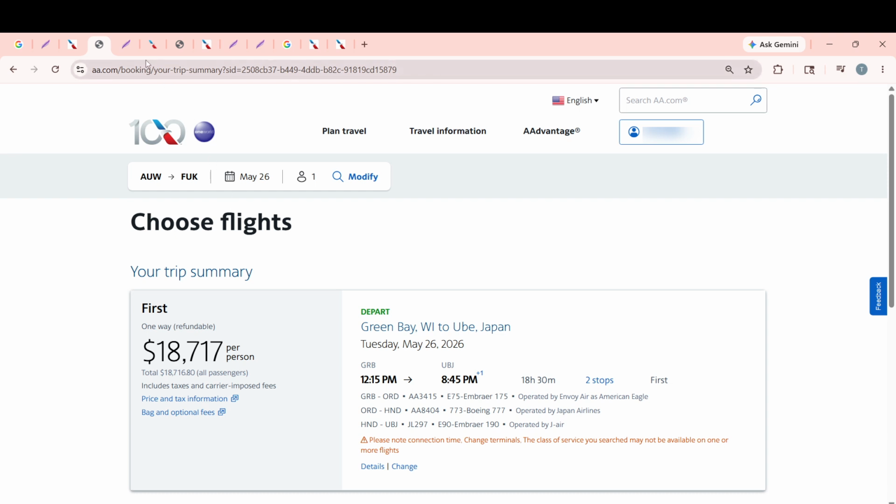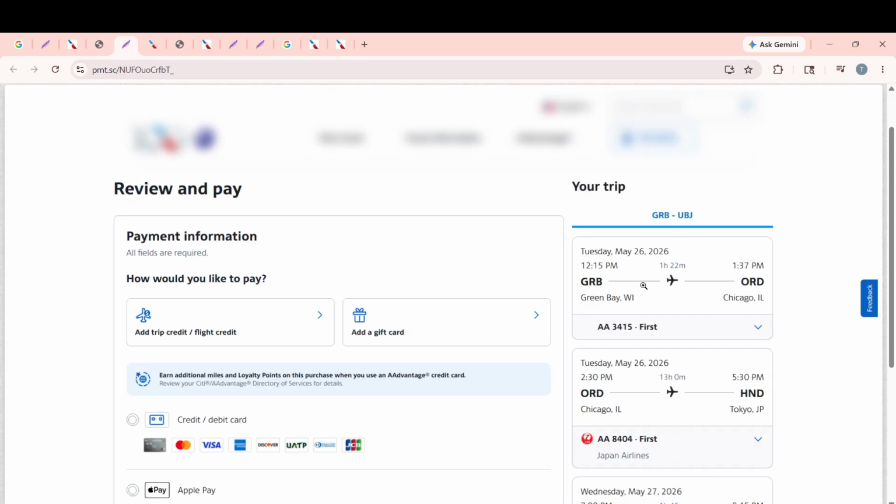You can also add frequent flyer numbers or known traveler information if applicable. Choose seats and any extras as needed, or plan to manage them later. Before you pay, take a moment to double-check everything: dates, departure and arrival times, layovers, airport codes, and passenger names. Confirm time zones and connection lengths so you're comfortable with the itinerary.